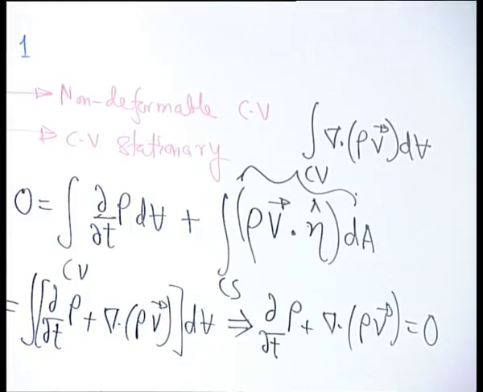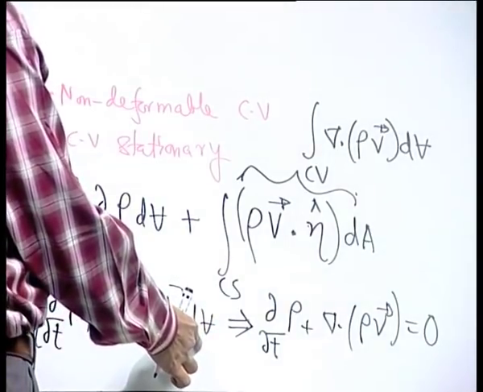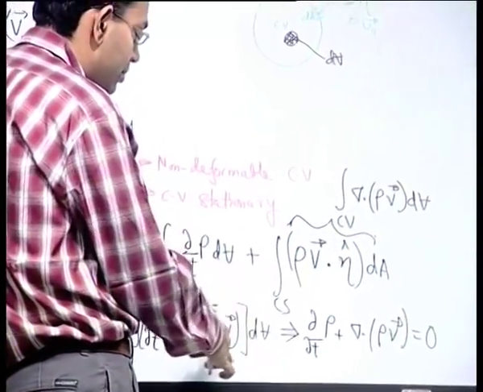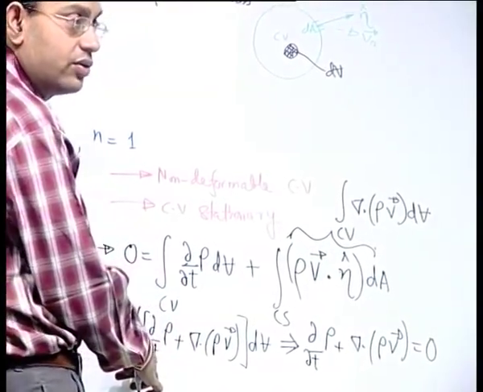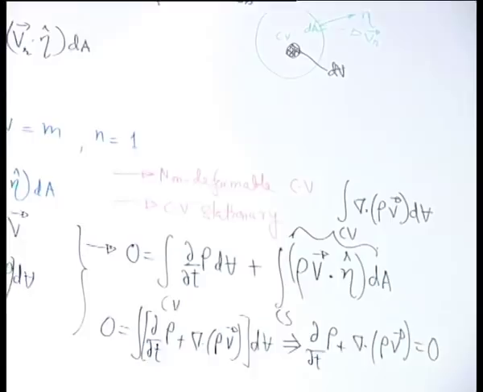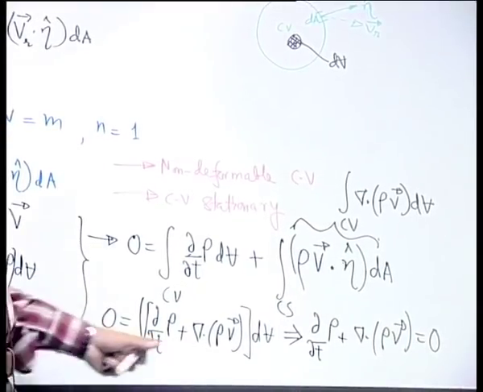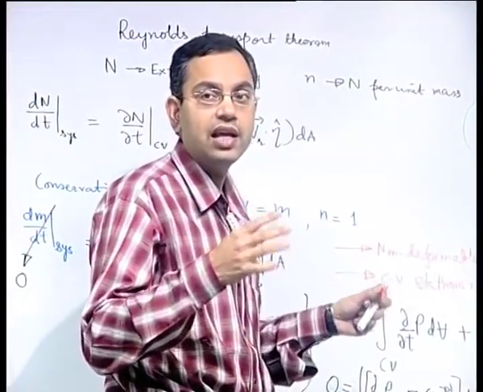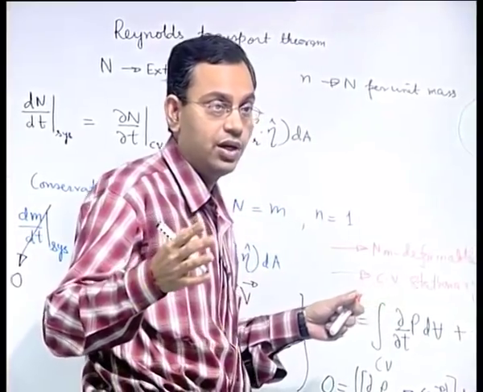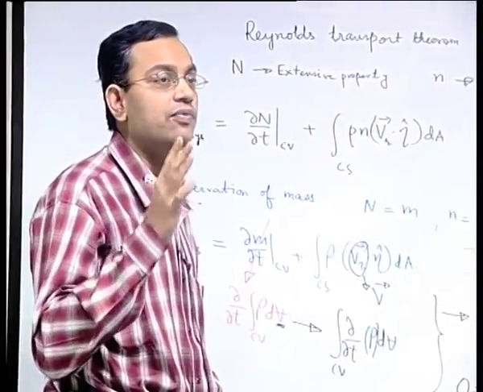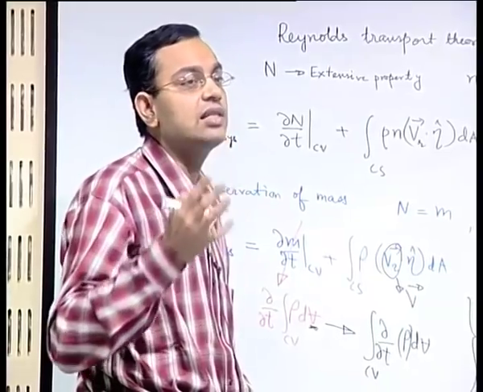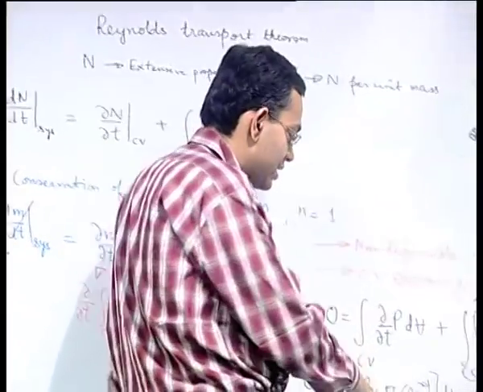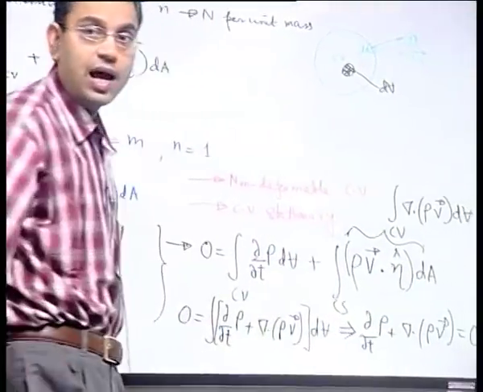So, we have to keep in mind that if the choice of this elementary volume was not arbitrary, then it is not always possible to conclude from this that the function itself is 0 if the integral is 0. For example, you can have the function as a sin x function, which over its period has an integral of 0, but that does not mean that sin x itself is 0 at all points within the period. But we have to keep in mind that there, the choice of dx in the integral of sin x dx is not arbitrary, it is confined within a particular period, whereas here the choice of dV is absolutely arbitrary.